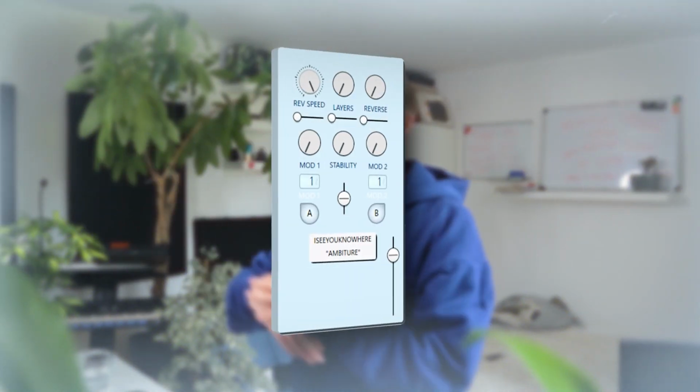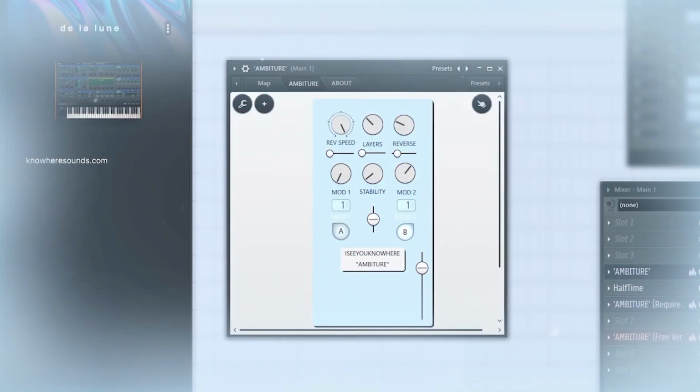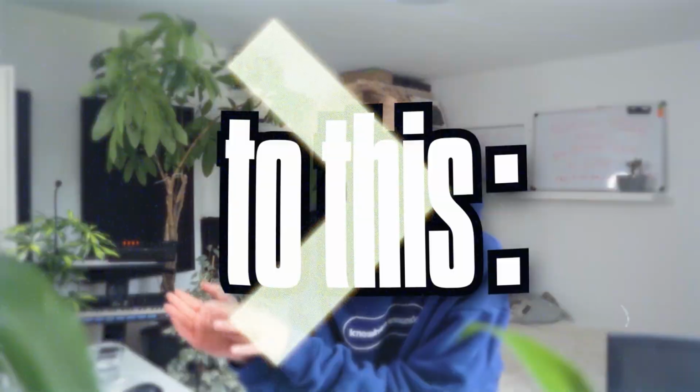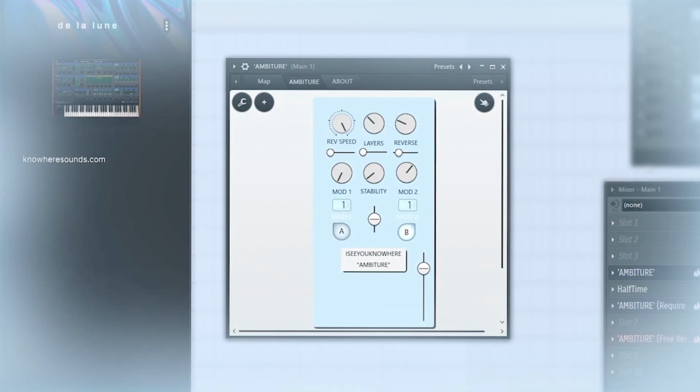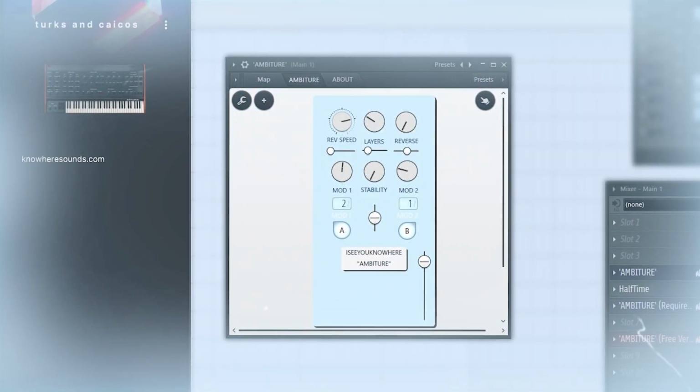Spent over 100 hours working on this, which can transform your samples from this to this, or even from this to this,